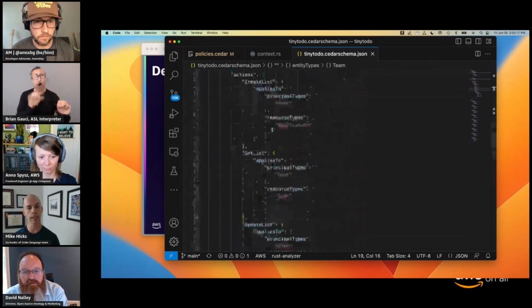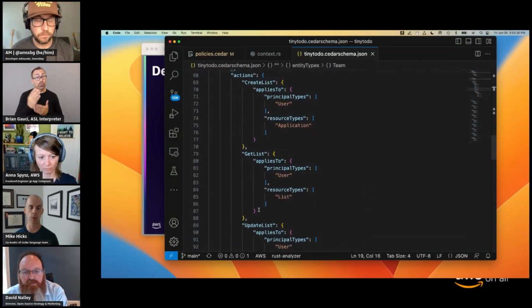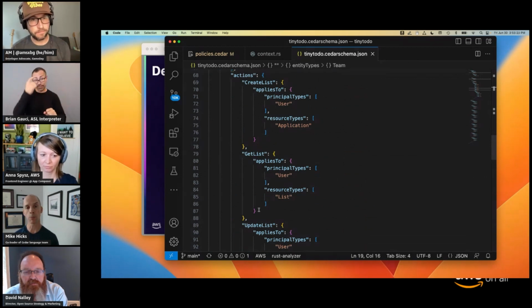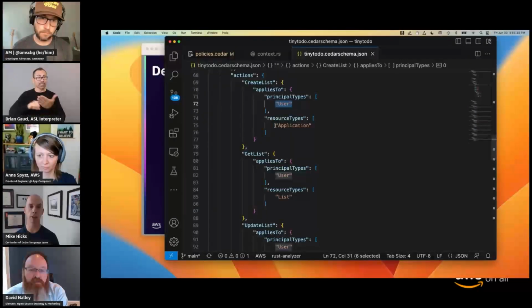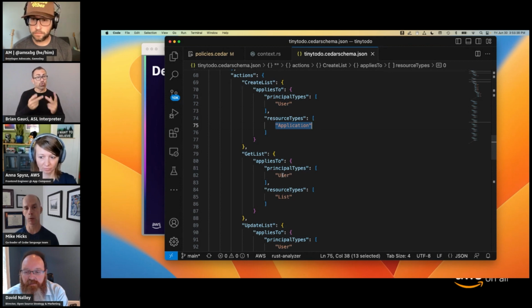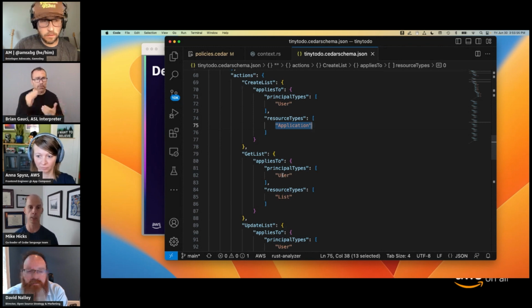And likewise, in the second part of the schema, we list all of the actions that make sense for our application. This way, when you mistype an action, which will result in not the authorization decision you wanted, the validator is going to catch you before you deploy that policy and say, no, you meant this other action instead. And not only that, you can tell the validator what kinds of data you expect to be coupled with those actions. So again, you don't make mistakes when you make those authorization calls. So this is another way that in separating your policies from your code, you get some extra checking to make sure that you wrote the policies in the way you intended, rather than, oops, I made a coding mistake and there's nothing that's going to help me fix that. I just have to notice it, hopefully in a test or something like that.